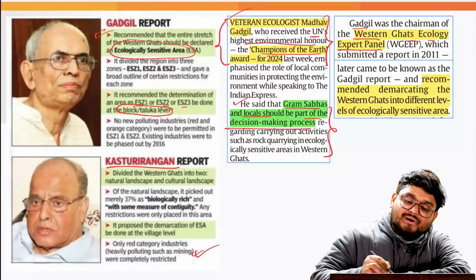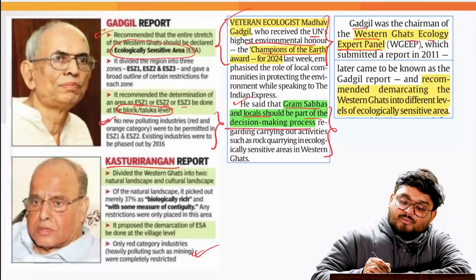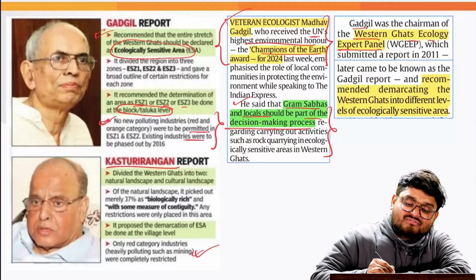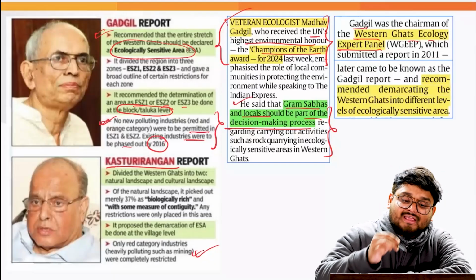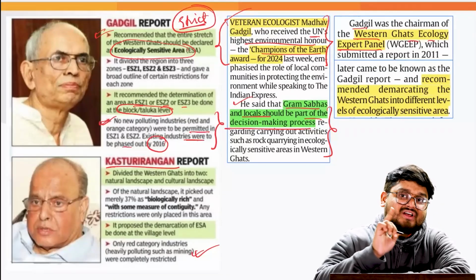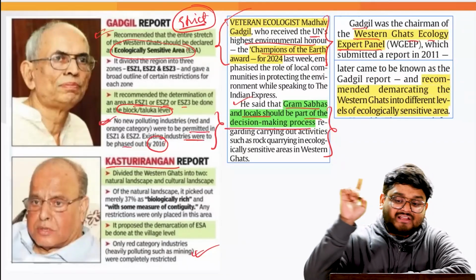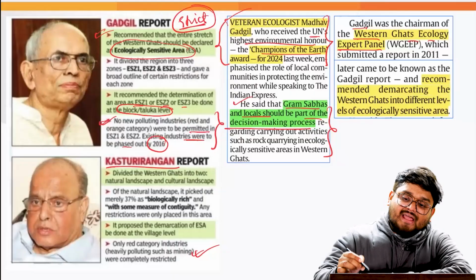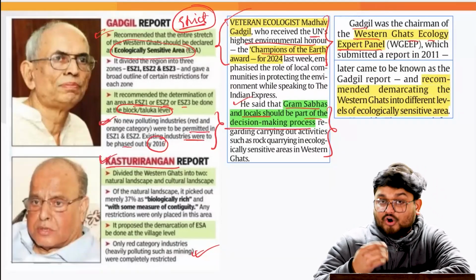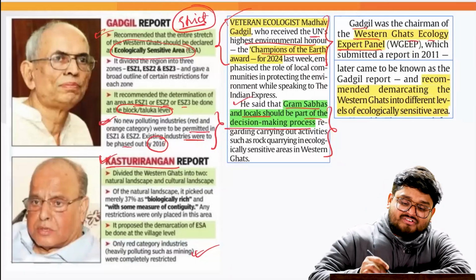Also, no new polluting industries, correct, were to be permitted in Zone 1 and Zone 2, and existing industries were to be phased out by 2016. So, he adopted a very strict, ideal approach for conservation of the ecologically sensitive area in the Western Ghats, correct? But we have to understand the government later also appointed this Kasturirangan committee, which divided the Western